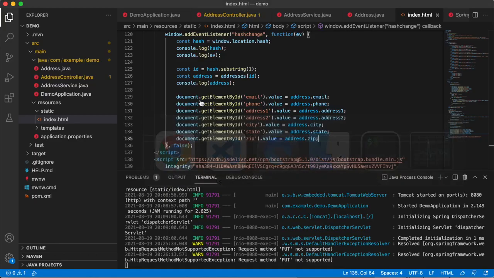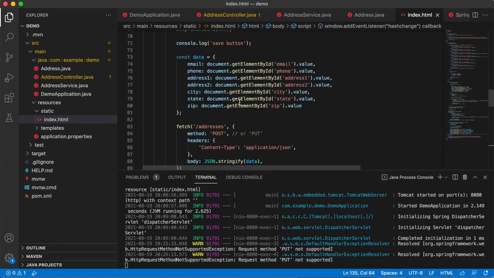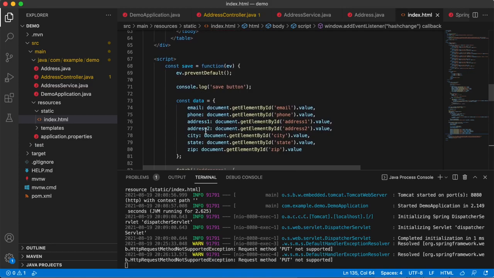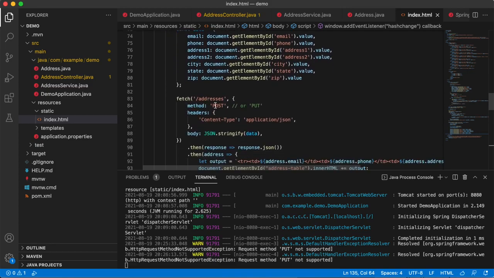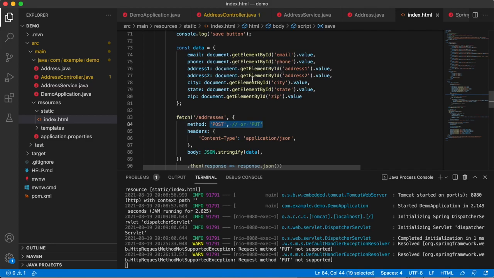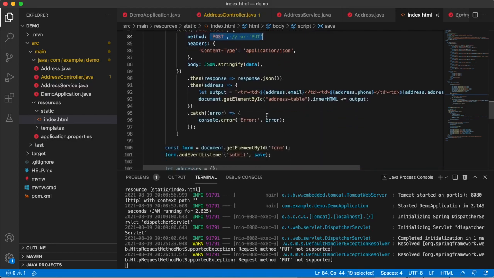So we need to go back to our form submit. Where is that? Here's the save operation. Here's the data. And then here's our fetch. Notice this says post or put. So we need to make this change depending on what we're doing here. And we need to know when it's different. So what happens is a record that exists on this side, by the time it gets here, it has an